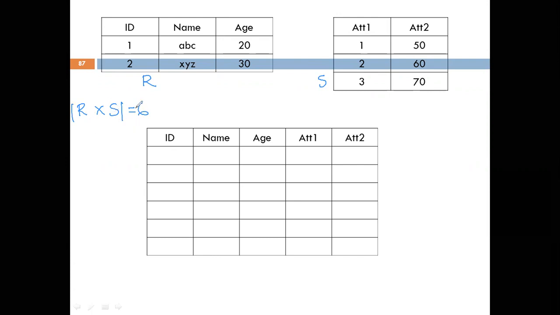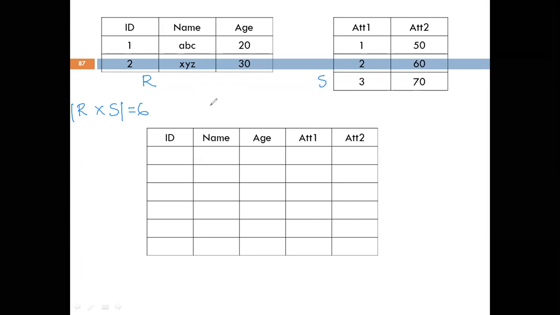Now, if we join the ID along with ATT1, that is attribute 1, then we will have only 2 entries. 1 will join with 1, 2 will join with 2. So only 2 entries are possible when we specify the join condition.